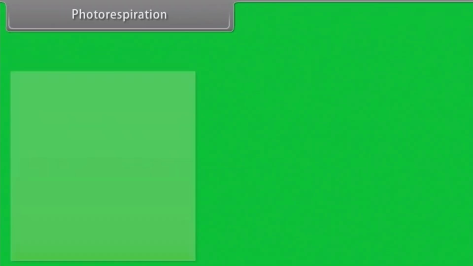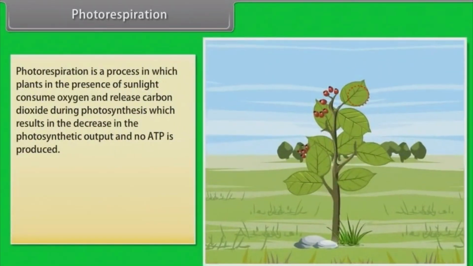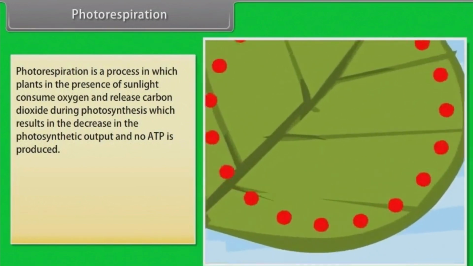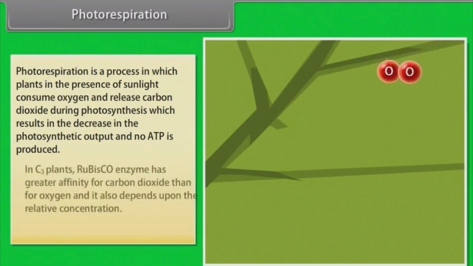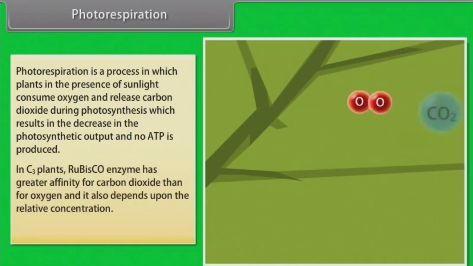Photorespiration. Photorespiration is a process in which plants in the presence of sunlight consume oxygen and release carbon dioxide during photosynthesis, which results in the decrease of photosynthetic output, and no ATP is produced. In C3 plants, the Rubisco enzyme has greater affinity for carbon dioxide than for oxygen, and it also depends upon the